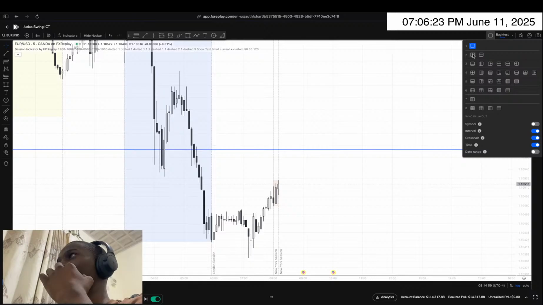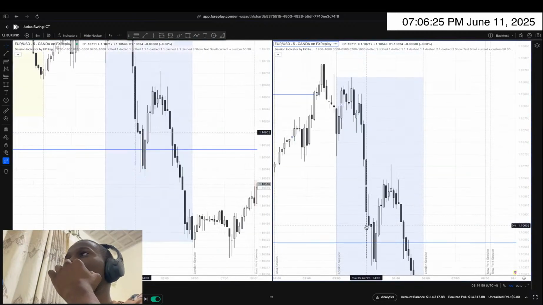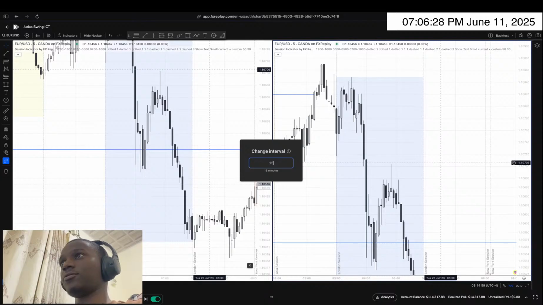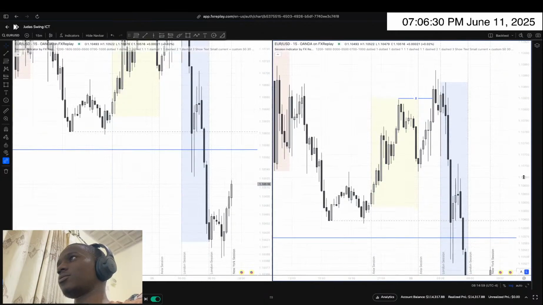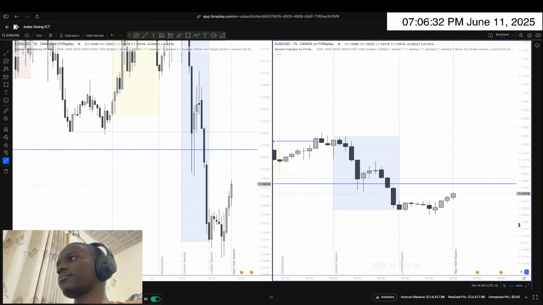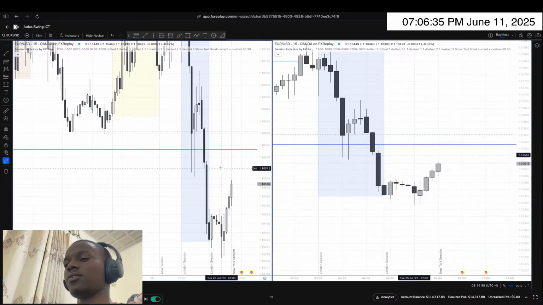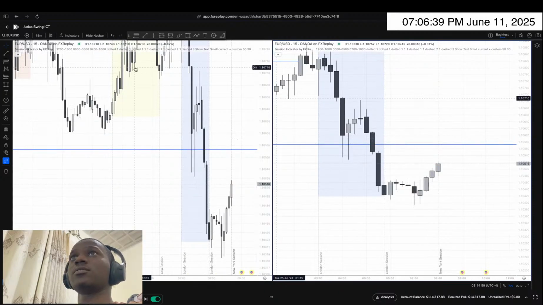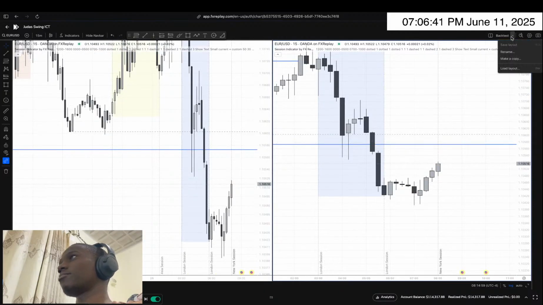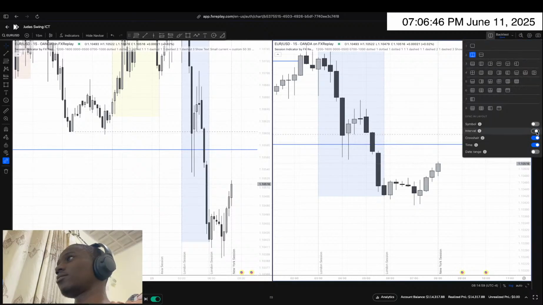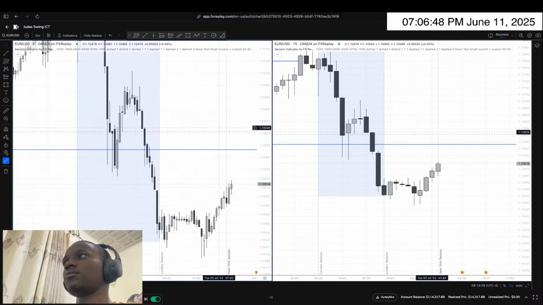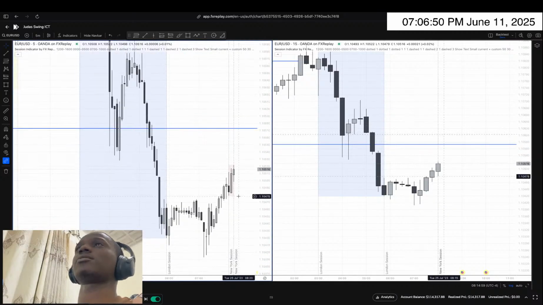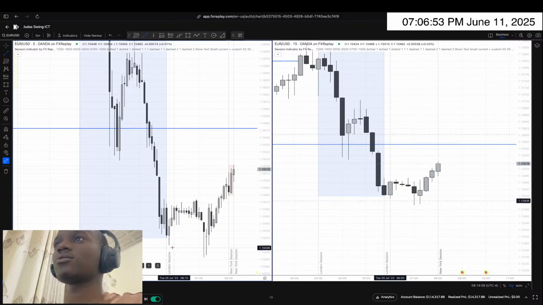Okay, I can open two screens, and here it will be the 15-minute. Just want to observe it clearly. And here on the 5-minute. So this is the 15. Okay, so you can see first off we had this sweep from here to here,